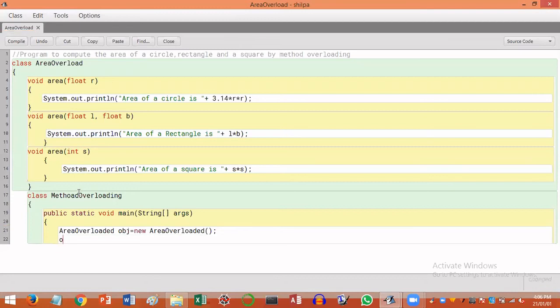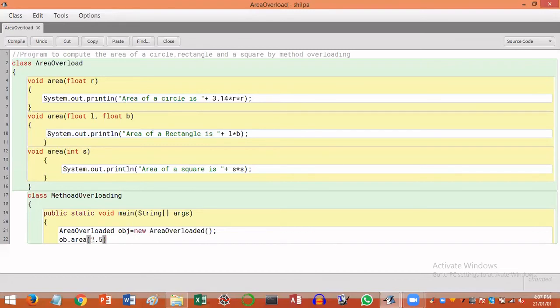Next, I'll compute the area of a circle by calling that area method, but providing only one parameter, and that too of float type. So here I'll give the value as 2.5. Okay. So for this value, the program is going to calculate the area of a circle,